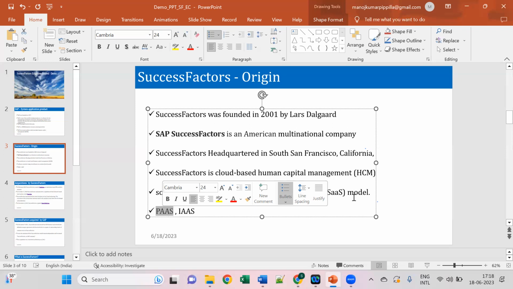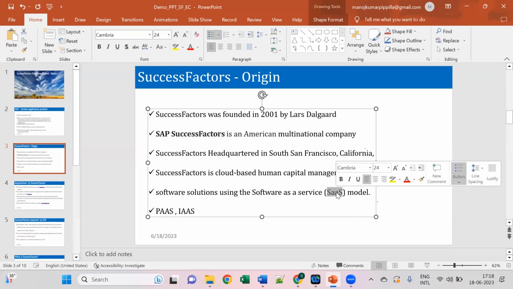The third one is SaaS application. SaaS is nothing but software as a service. Here, there is no need to do any development and no need to do any data maintenance. Everything will be taken care of by the product owners. What we need to do is, based on the utilization, how much we are using, we pay that amount to the product owner. We are not going to do anything. We will just use the application and pay for whatever we are using.